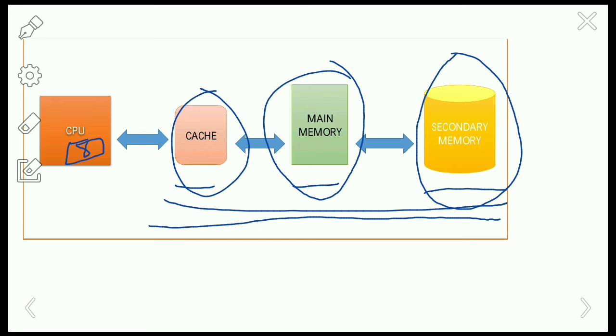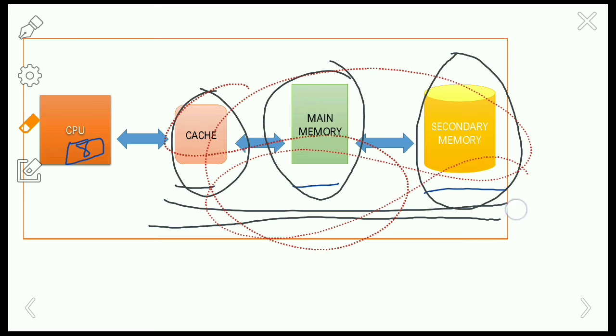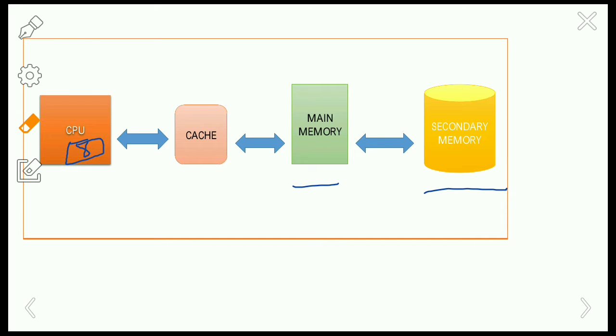If you want to execute any given program, then it must be present in the main memory. But main memory has the capability of storing less amount of information, right? So that's why it will be kept in the secondary memory. Suppose I want to play a music file, then it will be fetched from the secondary memory to the main memory, and the CPU will start executing it in the main memory.